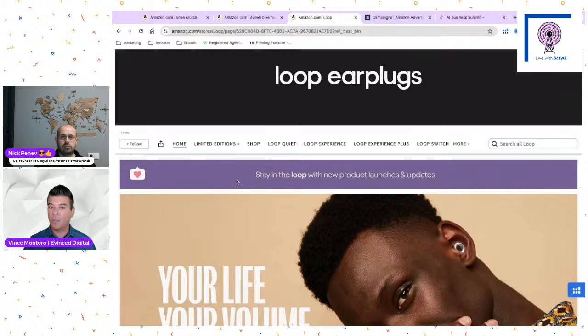So they've done something interesting. I haven't seen this before. They have just an image right here, stay in the loop, and you can see this little heart, and it guides them to this follow button. So if this message wasn't here, you're less likely to get the shopper to actually follow you. Now, if this is a shopper that's shopping around, you do want to get them to follow you. Or if you've got different types of products that you're launching, you do want them to follow you, because then they're more inclined to look at your posts, look at your creative, and maybe buy future